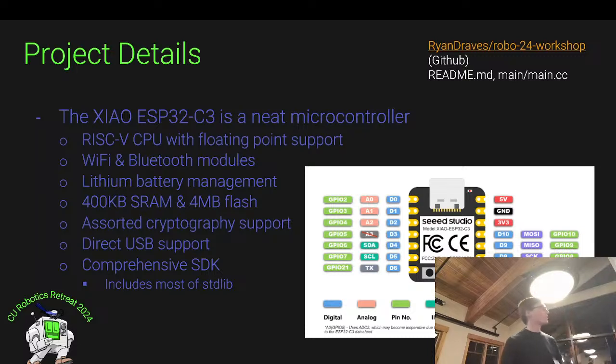And it also has a very comprehensive SDK on the software side, this development kit. The development kit includes most of the standard library, so anything you're familiar with, STL or just general C library things, are all available. That's quite nice. You even get free implementations of things like dynamic memory. So if you want to use dynamic memory in this program, you can, which is nice. Sometimes you don't even have that option. You have to work with static-only memory, and that can be quite limiting.